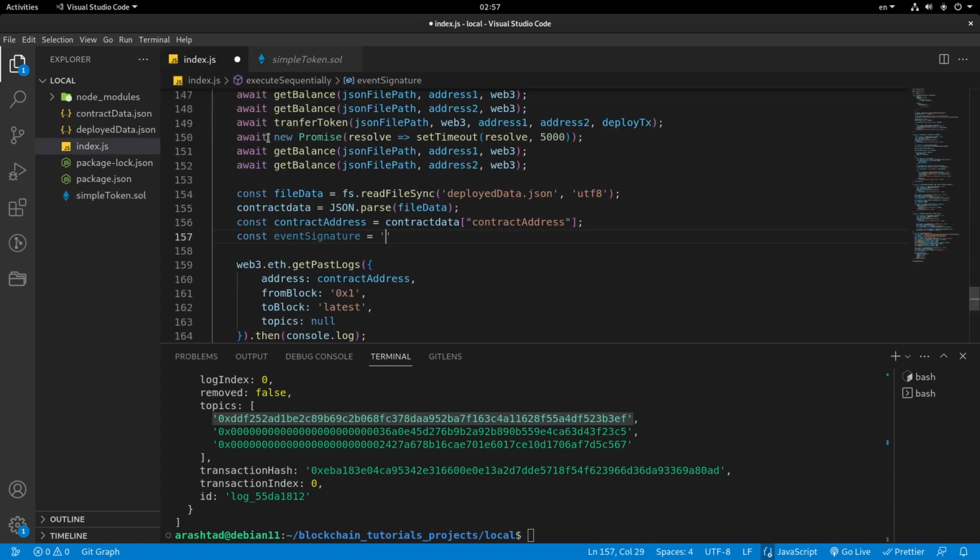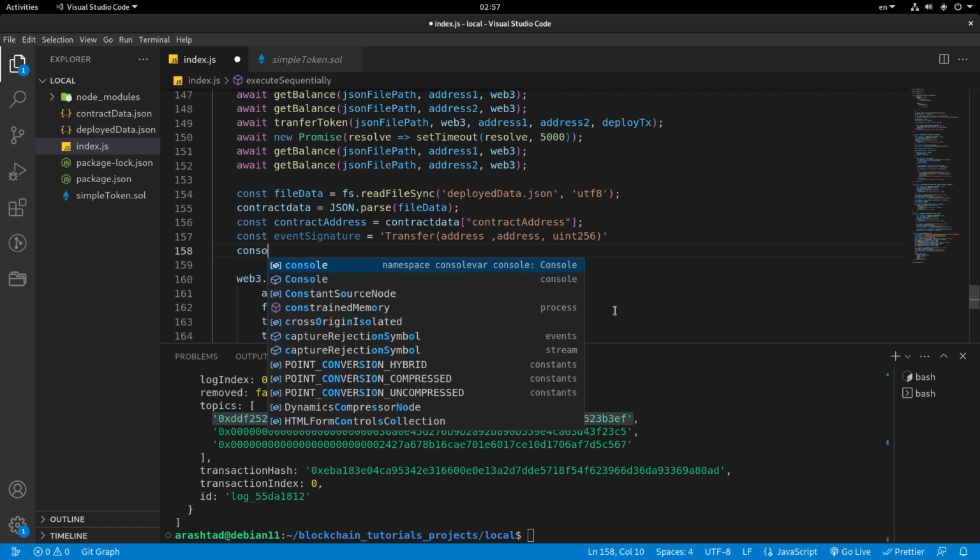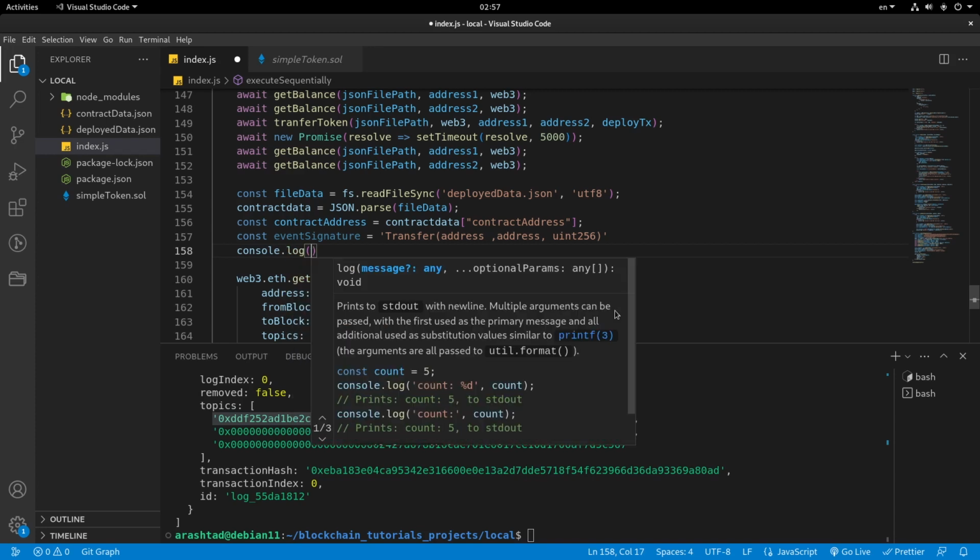So let me copy it, paste it over here, and notice that we need only the type of the data inside of it. So the first one is address, the second one is address, and the third one is uint256. So we don't write the name of the variables, instead we write the type of the variables, right? So this is the event signature. So we want to decode it to the encrypted hash like this. So what I'm going to do, let me first console log that in order for you to see the result. Console.log, and what I'm going to do here is to write